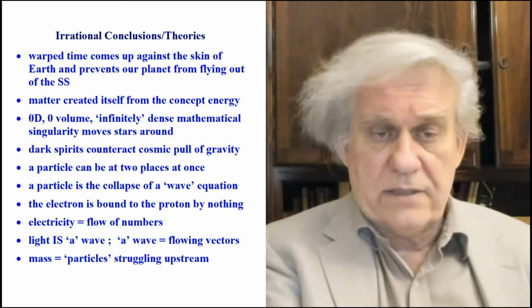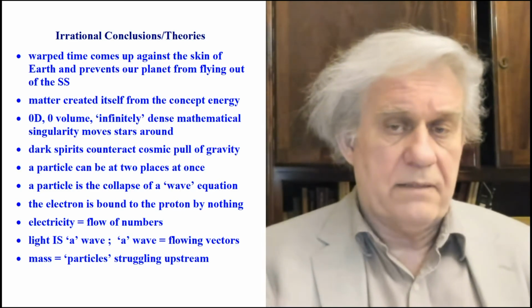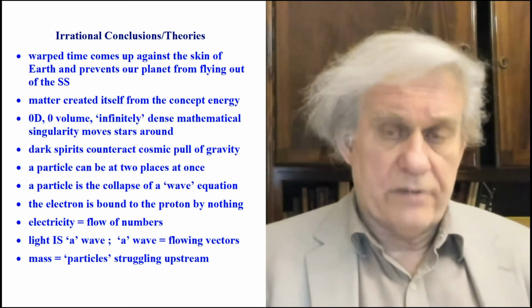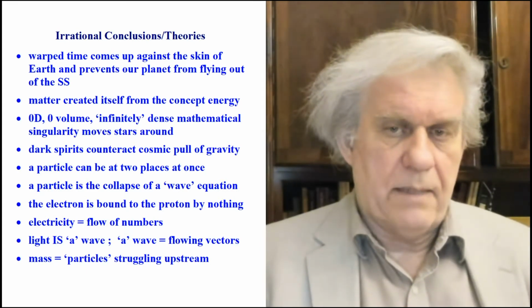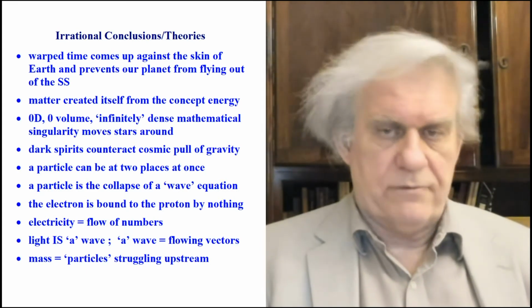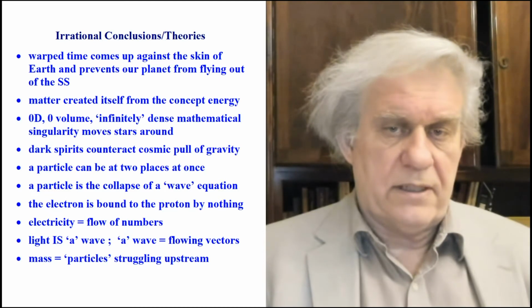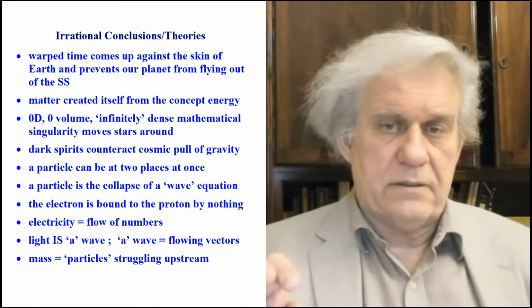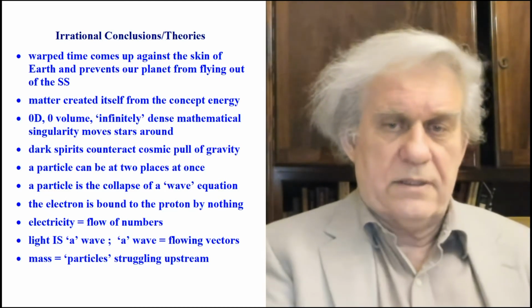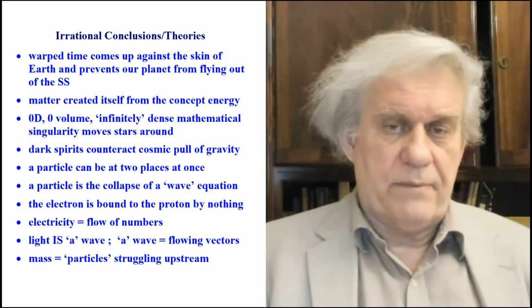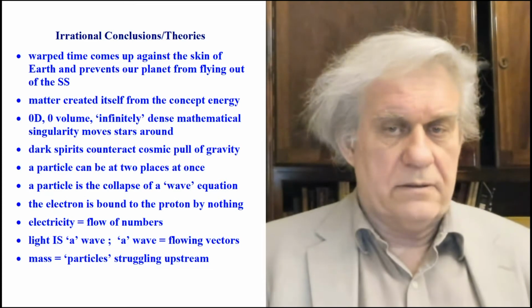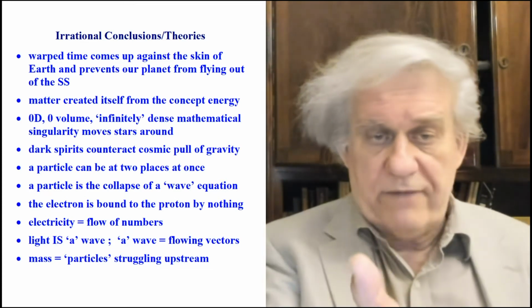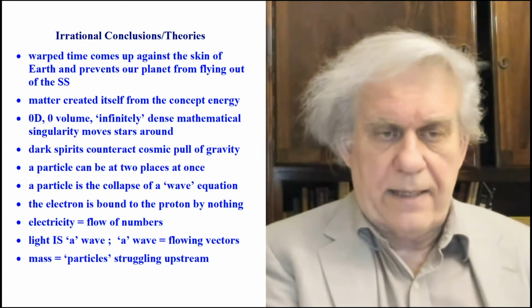Okay. The electron is bound to the proton by nothing. Mr. Rutherford, he proved, right, empirically, through an experiment, through observation, that there's nothing between the proton and the electron, and yet the electron doesn't fall to the proton, nor does it fly away spontaneously from the atom. And so please explain why it doesn't fly away or fall to the center, to the nucleus. So we don't have an explanation. These are things that we have today.